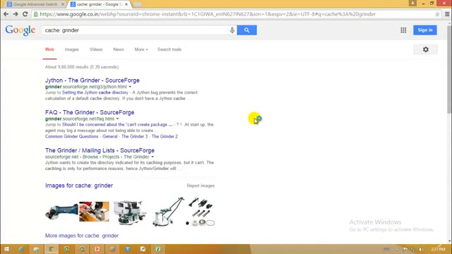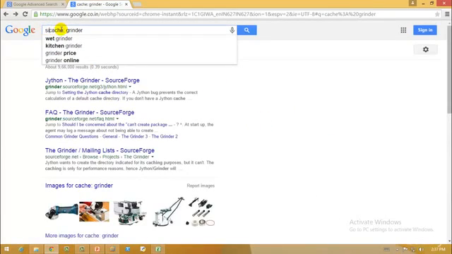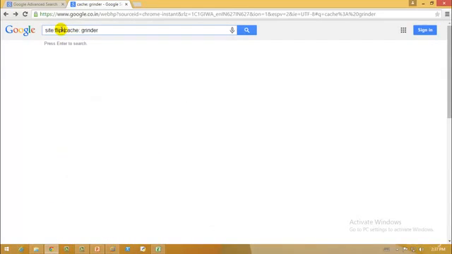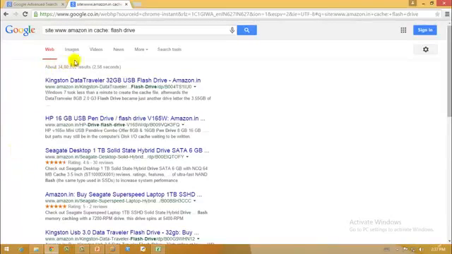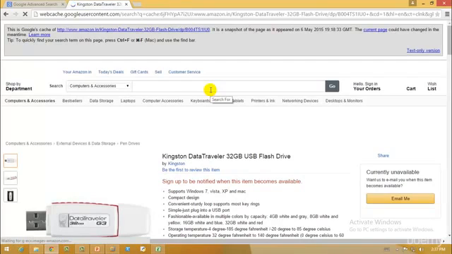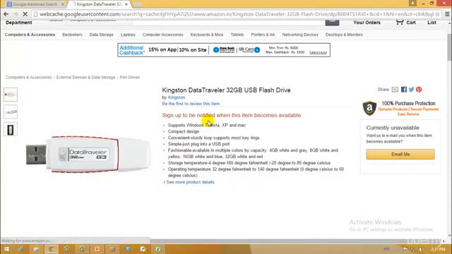So in this way, what a hacker can do is, let's say I'll type site www.amazon.in and cache, let's say flash drive, and hit enter. Let's see what we get. As you can see, we have everything starting with the site Amazon, and we have the cached version. If I check the cached web page, and the Amazon website is not careful in keeping the cache memories, then what may happen, for example, is that Amazon has this 3G data traveler on the 30th of December at some specific